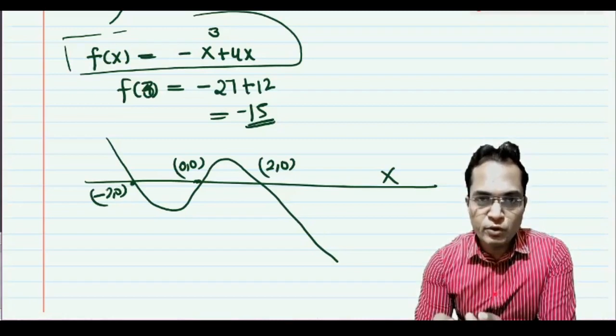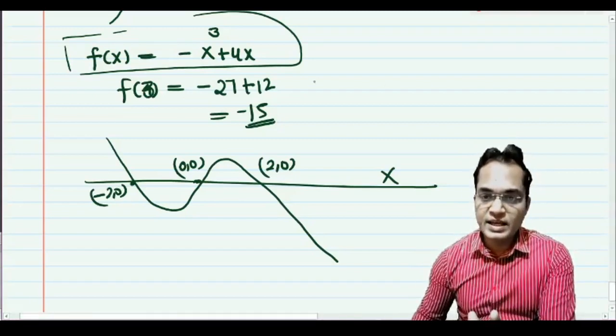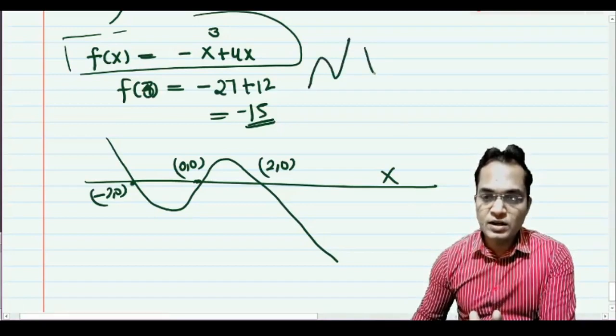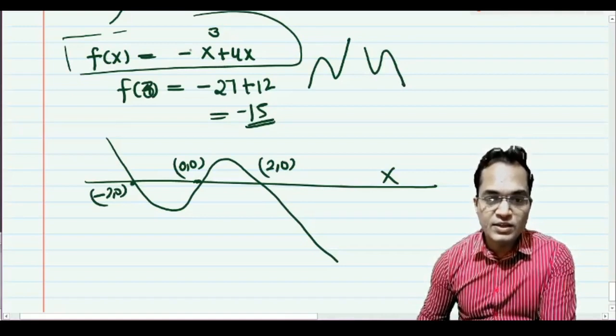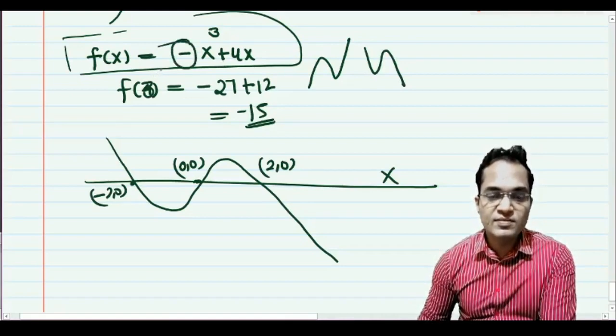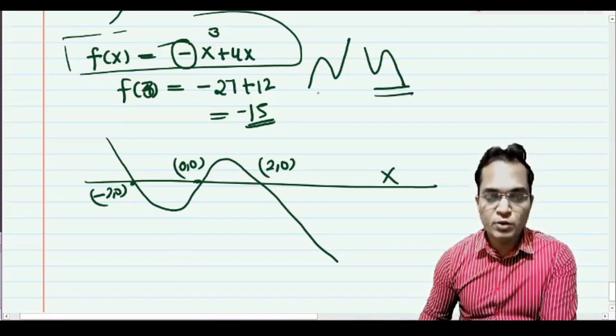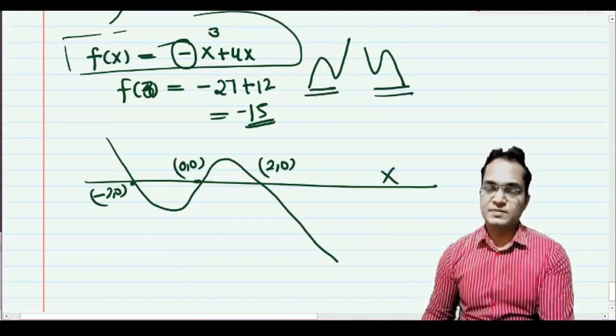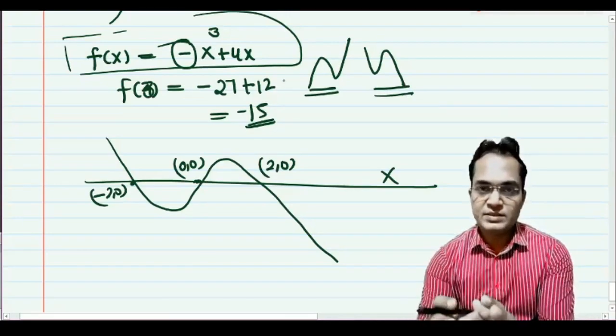Yes or no? Now you can understand the basic figure, or the basic geometry, of the cubic polynomial. A cubic polynomial has 2 types of geometry, either like this or like this, and this depends on the sign of the leading coefficient, so memorize it. If the coefficient of x cube is negative, then the geometry is like this, and if the coefficient of x cube, the leading coefficient, is positive, then the geometry is like this. Got it? Now summarize it.